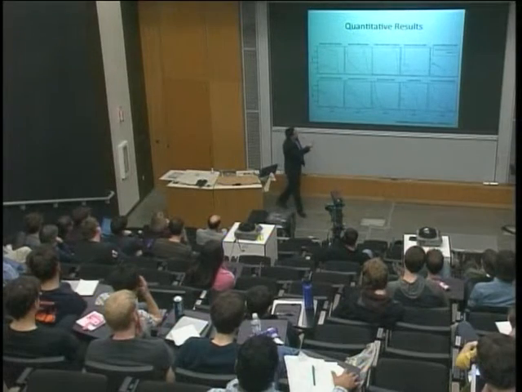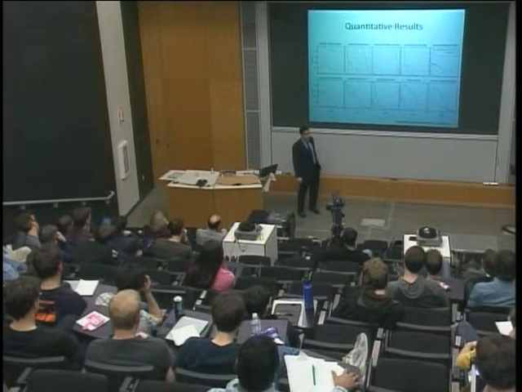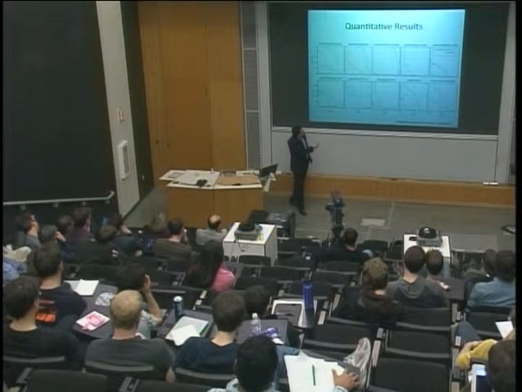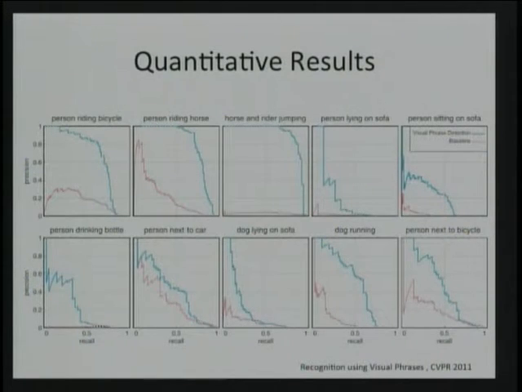They're not even comparable. The way that you can detect a horse and rider jumping is not comparable to this curve down there. You can't probably see it. It's so close to 0. Why? Because when people ride horses, they have a very characteristic posture that a person detector cannot find. So visual phrases are wonderful entities to be added to the vocabulary of recognition because they're really easy to detect. But also, they can help detecting other objects.